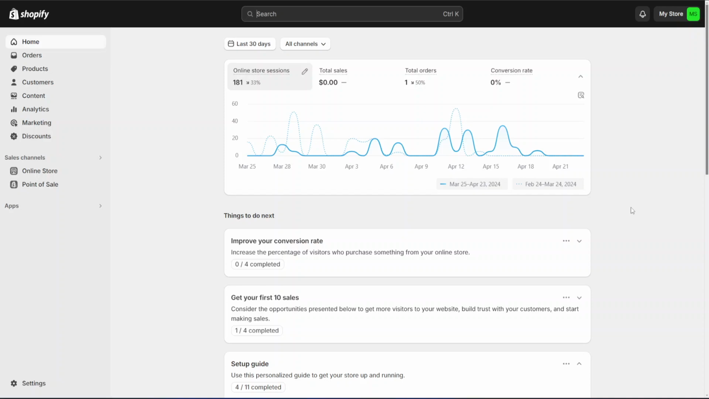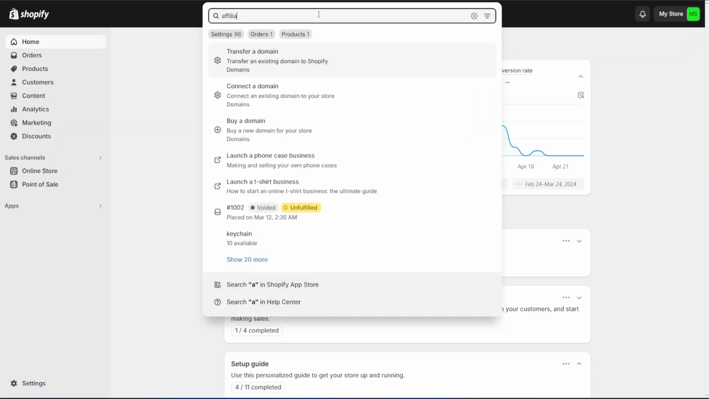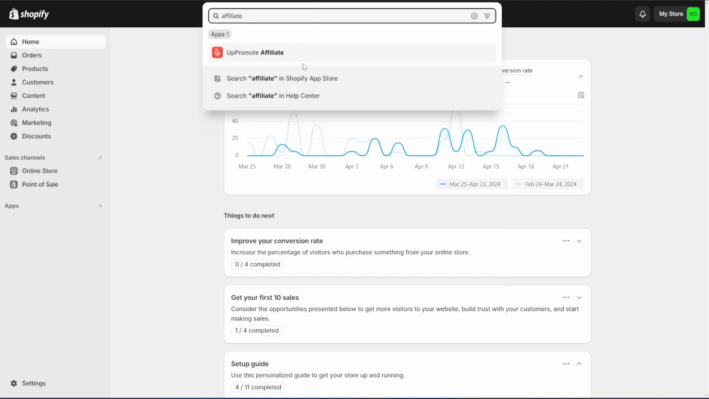How to add an affiliate program to Shopify. To do this, we have to go to the search bar up here. We're going to type in affiliate, and I'm just going to click on this one, search the Shopify App Store, and that will open it